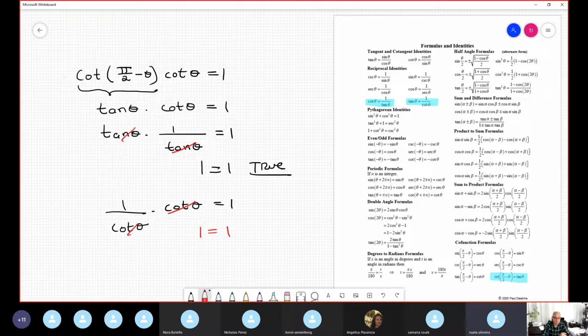Okay, so we need to prove in this case that it equals 1, right, Professor? Yes, you manipulate, it's not illegal, it's not a violation, to manipulate both sides, but they are independent. And you get exactly the identity. But another way that is more elegant, you know, it's cosmetic: you don't touch one side and you manipulate left or right, depending on which one looks more complicated, giving you more possibility to manipulate.